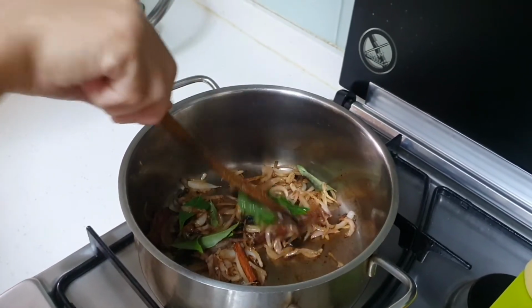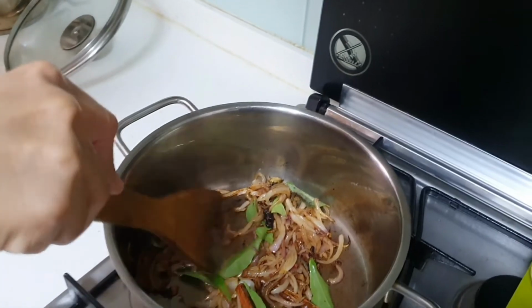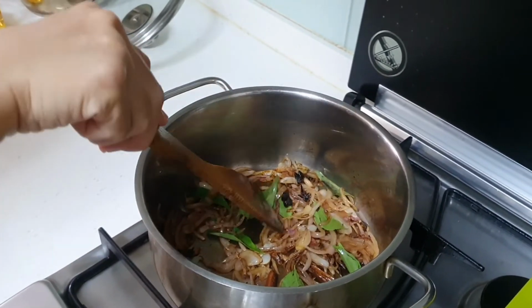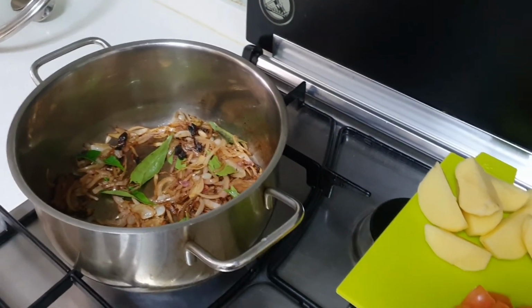Then we're going to add in the tomatoes, right? Correct. Okay, I can smell the curry leaf. Baiknya. Smell lah. Nice. Yeah, nice. Nice. Okay. Kakak,